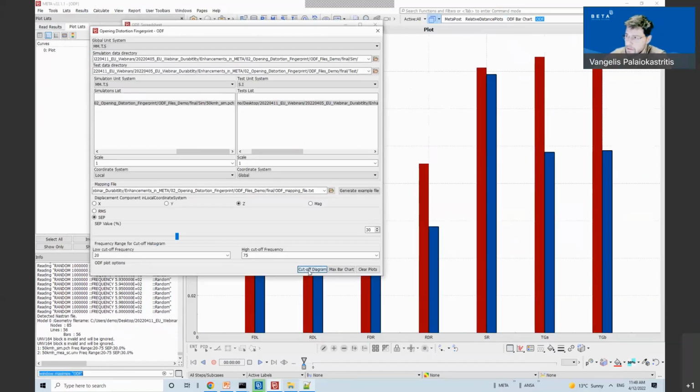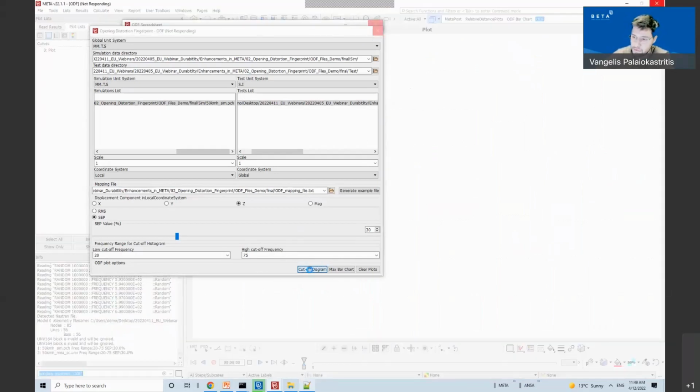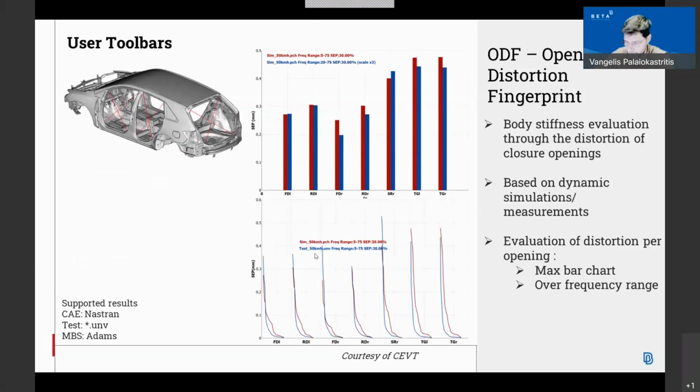The cutoff diagram will calculate, based on the relative distortion signals, the frequency content of each closure. It takes some time, so let's see that here.